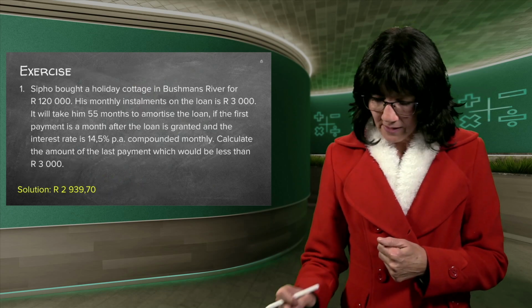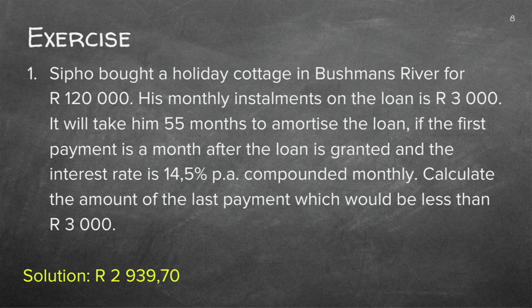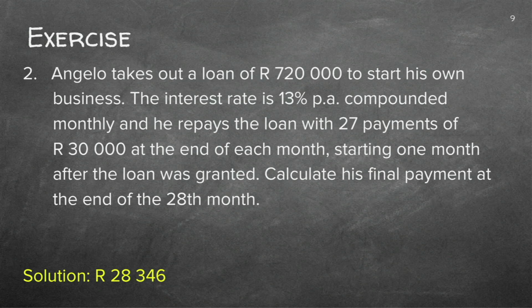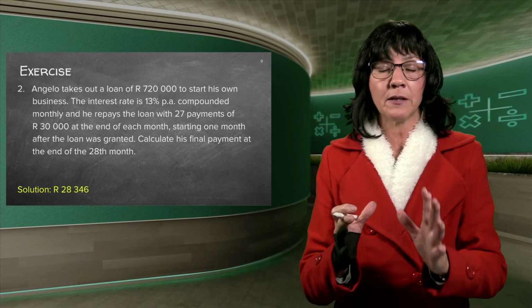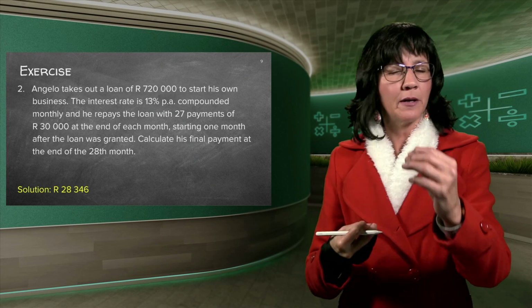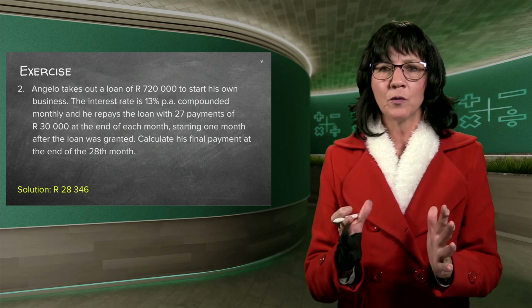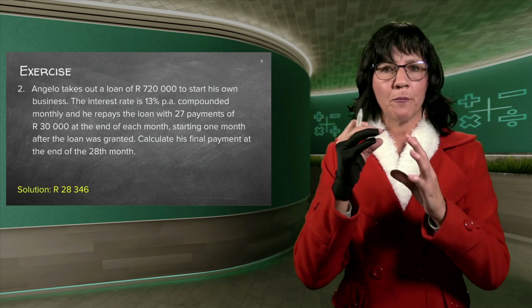Good. But there are exercises for you to do. You just pause your video at each slide and you do the problems and you make sure that you get to the yellow answers. And hopefully after you've done the example all on your own again, you've picked your method, then use that same method. Don't vary between methods. Pick the method that makes more sense in your head, and make sure you use that method. Never use one method now and another method at a different time. Decide on which method makes more sense in your head and practice that method.